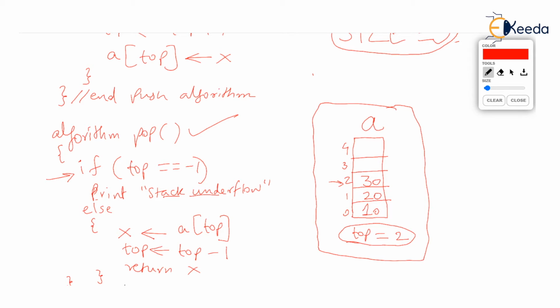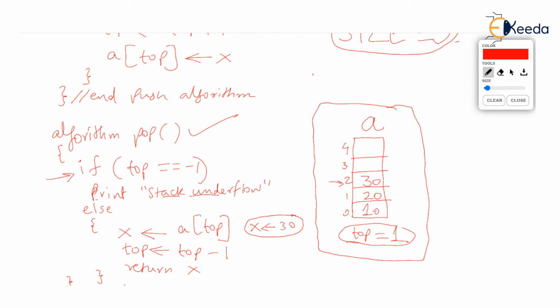Now what will be x in this case? x will be the top element of the array. The top element means the second element of the array, which is 30. Isn't it? So x loads the value 30, and then top becomes top minus 1. So the new value of top, which was 2, will now become 1. Top is 1 now.